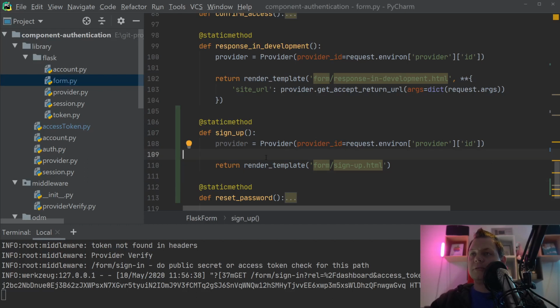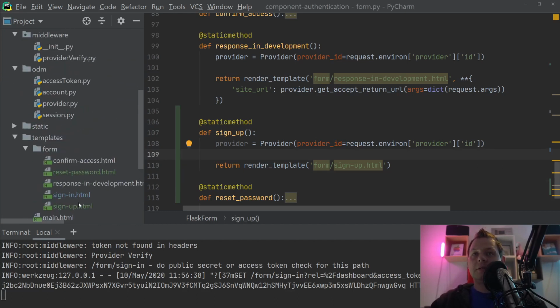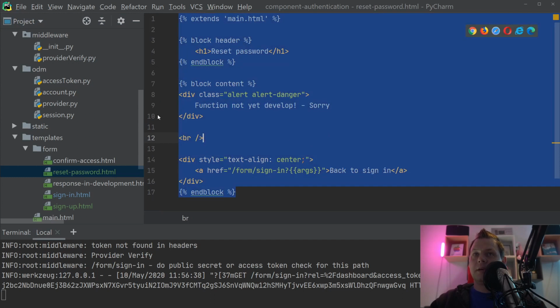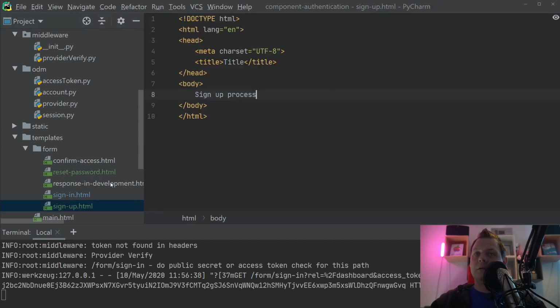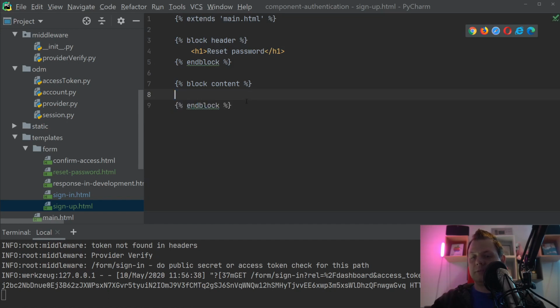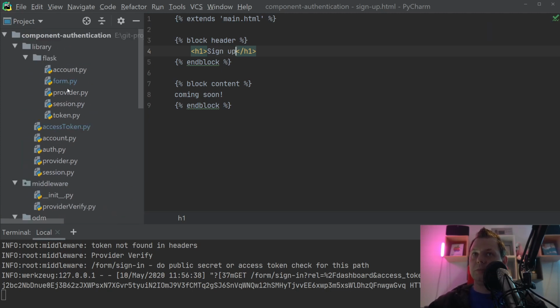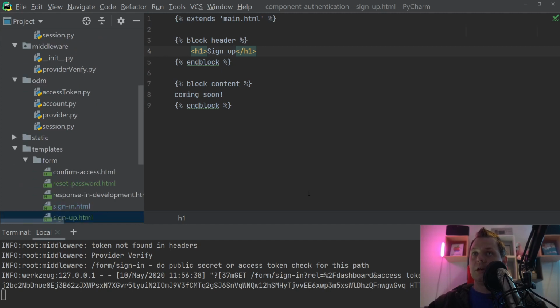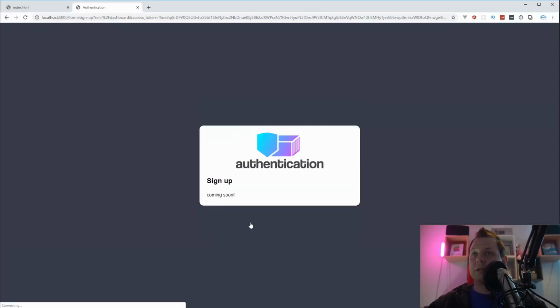I think a good place to start is just going back to the reset password. I know I said we need to close that session, but we just copied inside here, so we basically have something to work with. Coming soon, so I don't need to remove everything. So sign up, and that's the last time we will hopefully speak about the reset password. And let's go back to the browser and see that we have the nice create, and we have